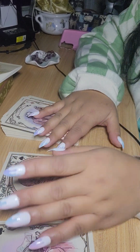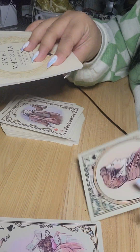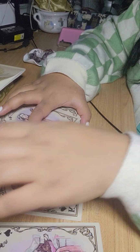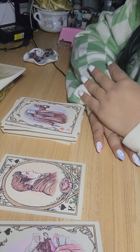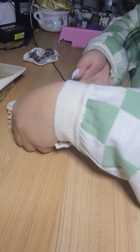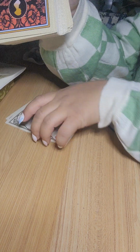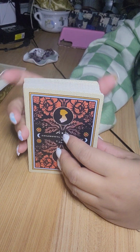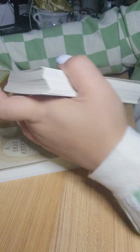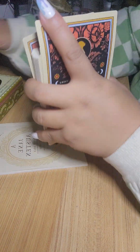I would read what the guidebook says just because it's very Jane Austen based, and then I would go off of my intuition based on the other cards I pulled around it, and that's pretty much the flip through of the cards, guys. And I hope that you found my voice for 17 minutes and 40 seconds relaxing with my shuffling here. But that is your Jane Austen tarot cards